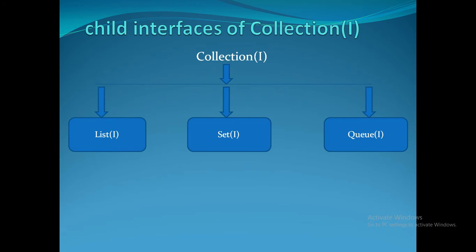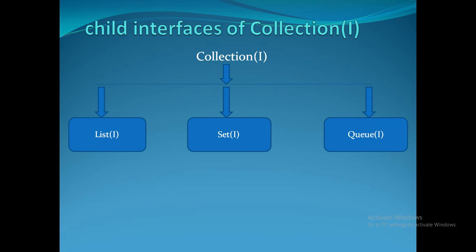So why do we need three interfaces for the collection? Because all these three interfaces have their own features. Their way of implementation is different. We know what is meant by collection: representing a group of objects as a single entity, right? Like we have seen the example of students, which contains multiple students s1, s2, s3, s4, s5, and we represent that number of students as a single entity called students, right?